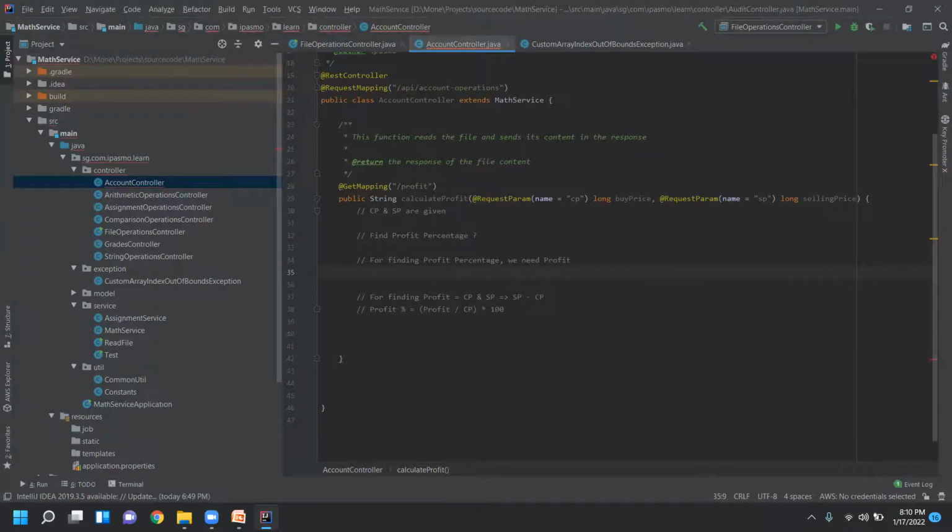which data type? Long. Yeah, because we are taking long here, right? So we are taking long, so let's make it as long. You tell me how to declare a profit variable. Then we need to write long, then space, then profit. Profit is a variable, so it starts with a small letter, profit. Then space, is equal to